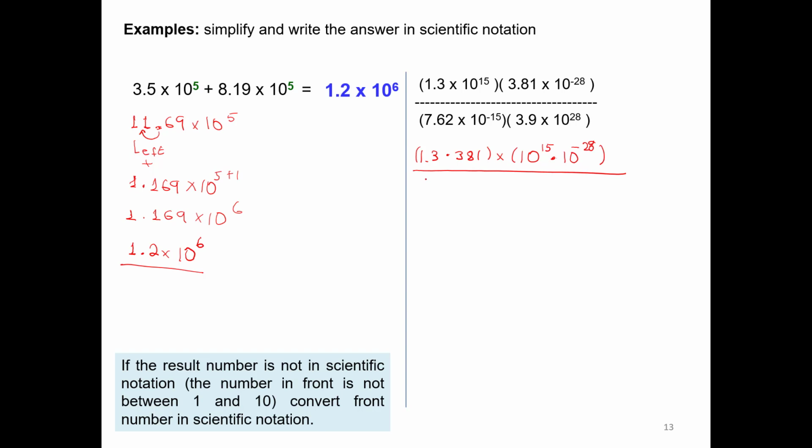And we need to divide this by 7.62 times 3.9 multiplied by 10 to the power minus 15 times 10 to the power 20. Now 1.3 times 3.81, we multiply these two numbers together, we have 4.953 × 10 to the power 15 minus 28, which will be negative 13. Divide by